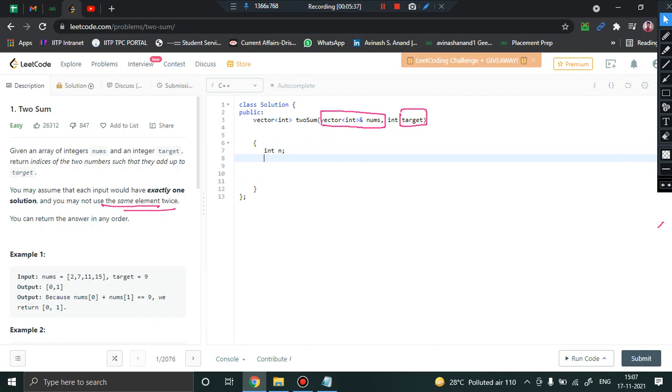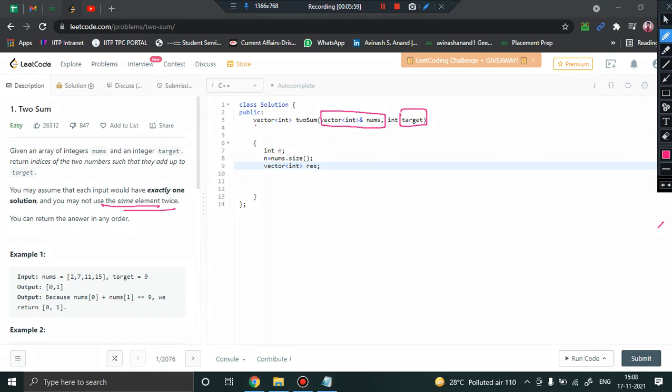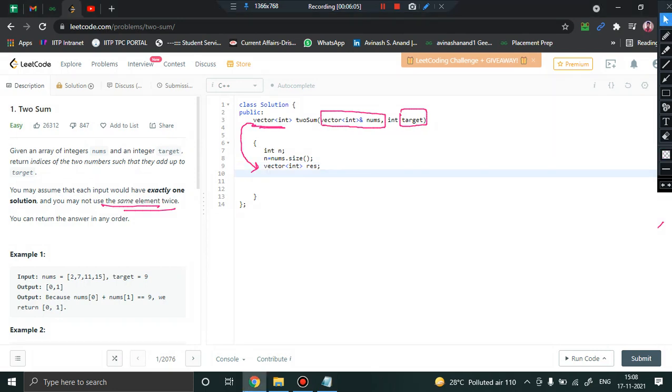N will basically store the size of that array. So nums dot size, done. What next? Now we are basically going to declare a result vector of integer, result, to store our solution. Why? Because you can clearly see the return type will be a vector of integers, and hence I am declaring this. Cool.